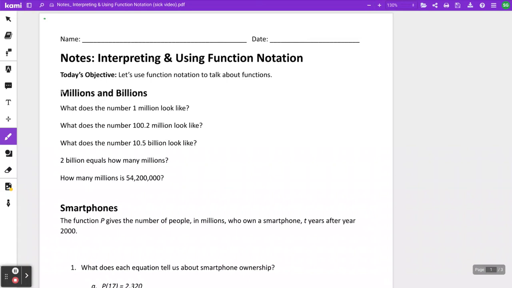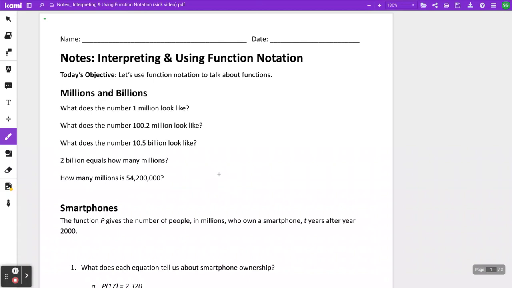So for our warm-up, there's 5 questions here about the numbers 1 million and 1 billion. I'm going to ask you to go ahead, pause this video to think about these 5 questions, and then come back when you're ready to discuss. All right. So as I said, each of these questions are about the numbers millions and billions,